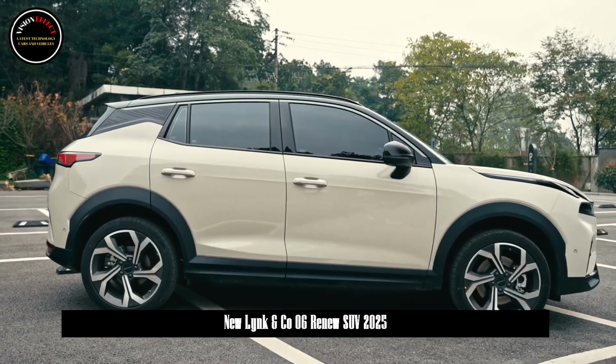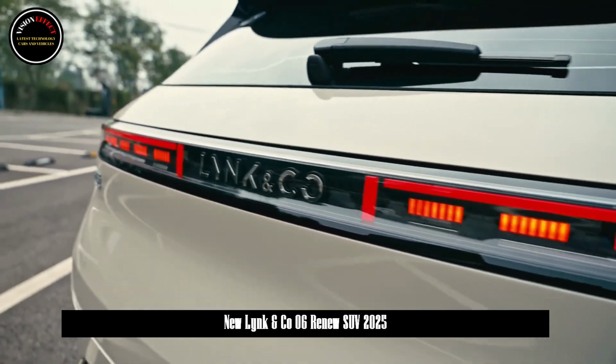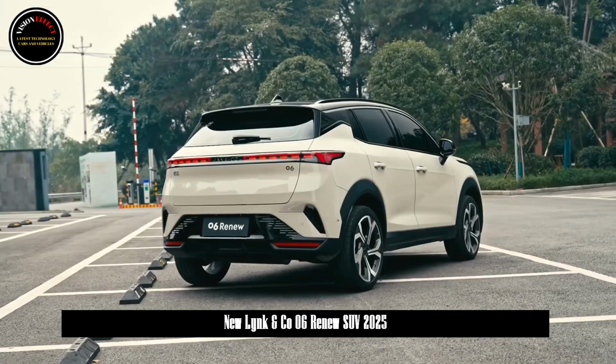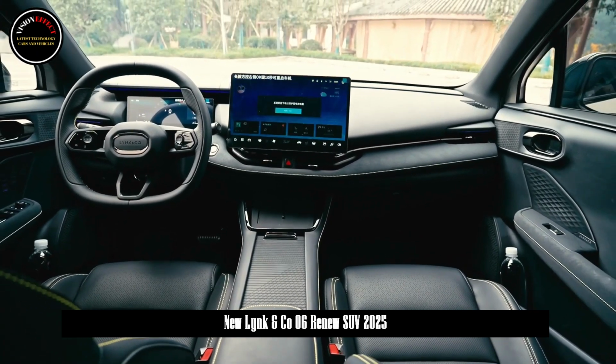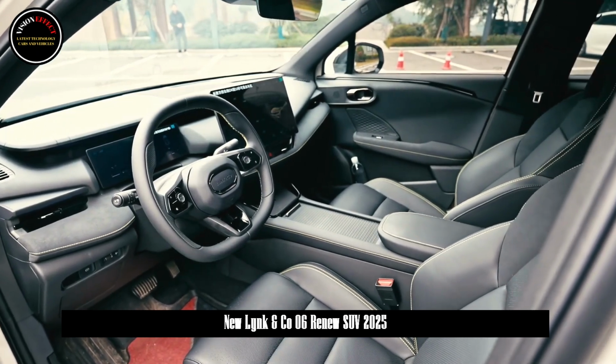It also shows the same performance in terms of safety performance. The combination of high-strength materials, solid body structure and energy-absorbing materials creates a solid safety fortress for Lynk Co. 06. The high-strength steel and aluminum alloy ratio in the white body is up to 63.4%, providing solid protection for